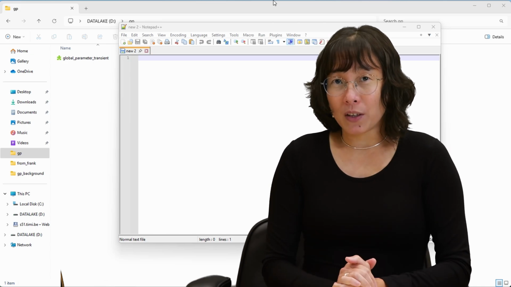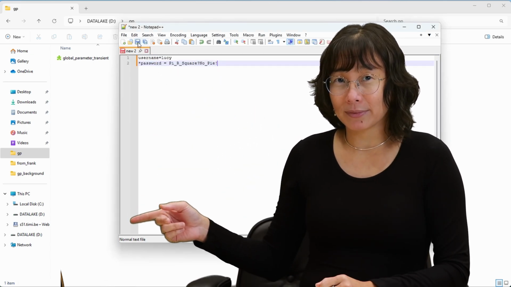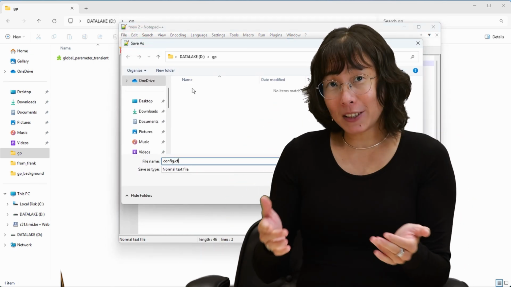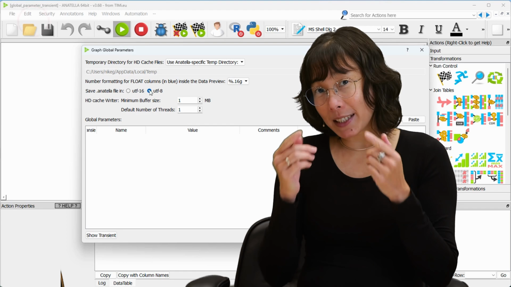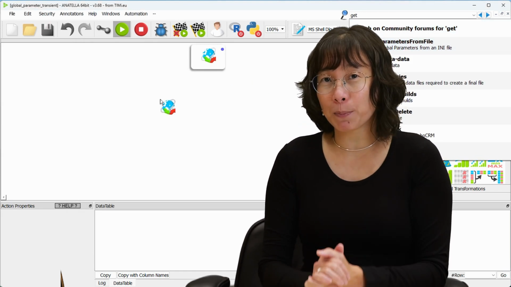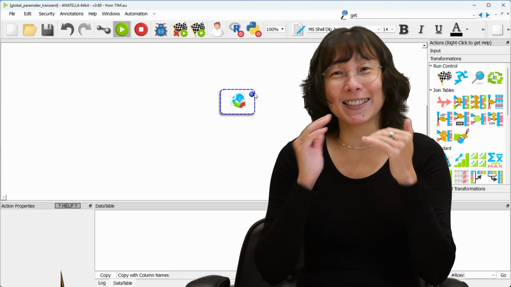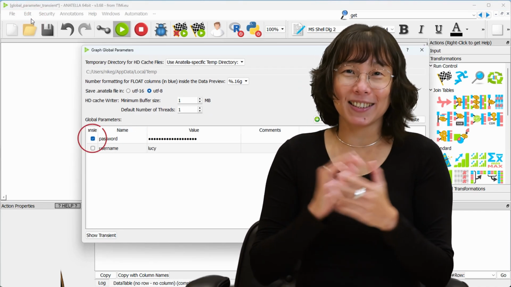Open config.cfg and modify it to look like this. Now, load this configuration into the global parameters. You should see that the transient checkbox is checked for the global parameter password, meaning it's treated as transient when loaded, ensuring added security.